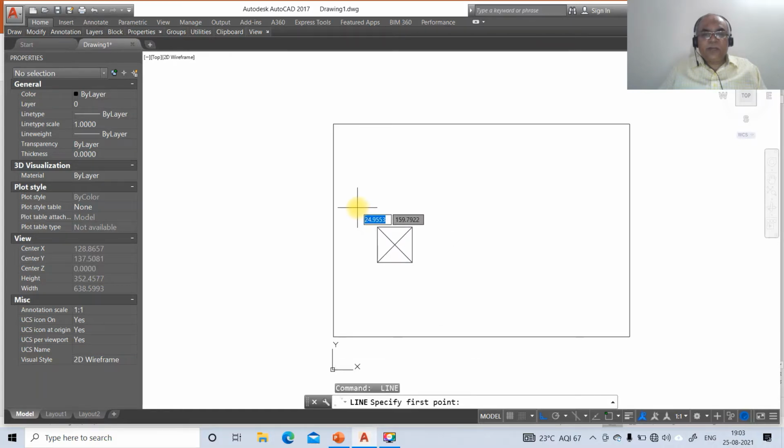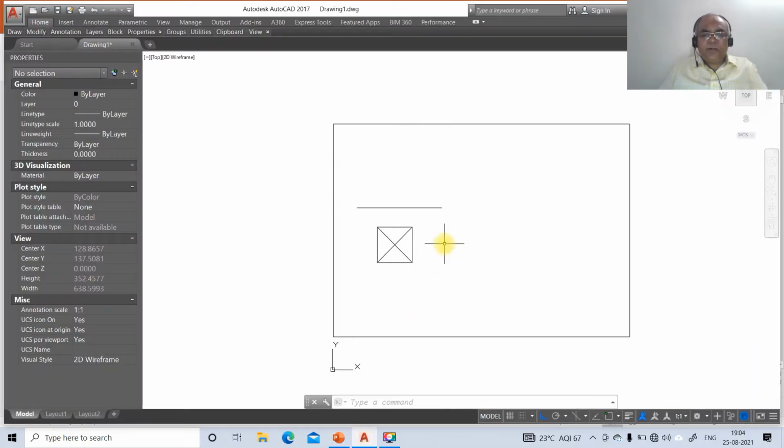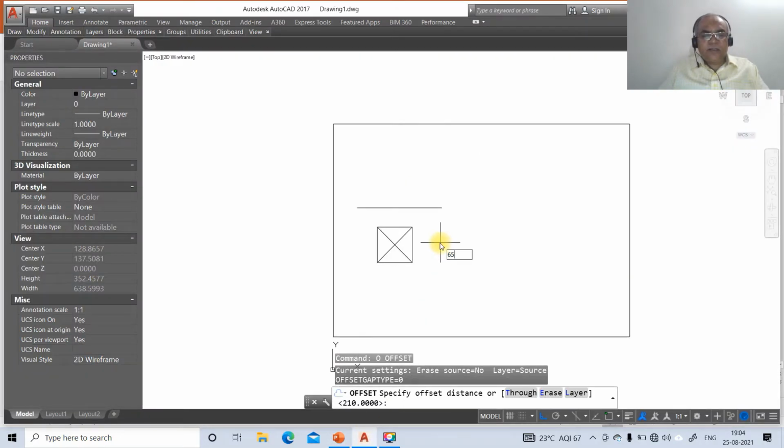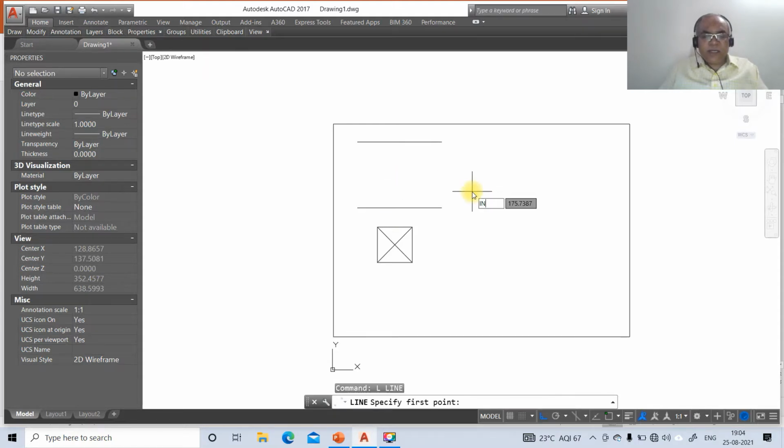Then you draw a horizontal line of any distance. Then go to offset, take the distance as 65. Select this line, then go to line, take INT of this and draw a perpendicular to this line.